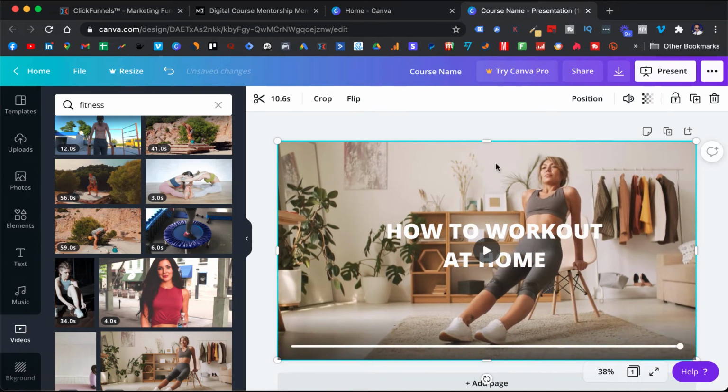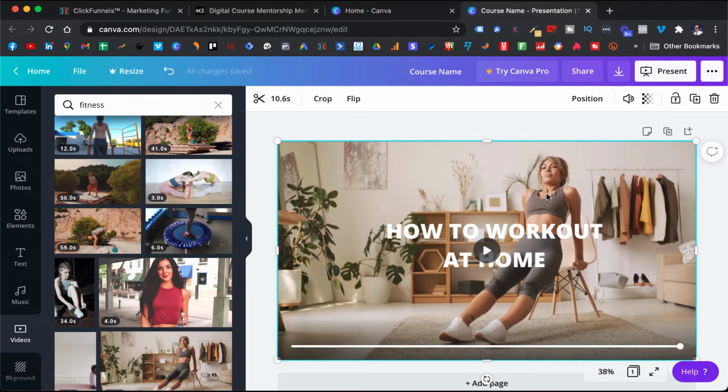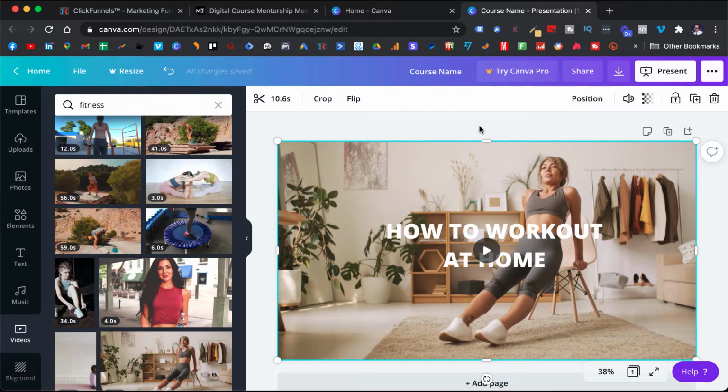When you will be recording Canva, you also want to make sure that you are not recording any pro elements, because those are paid. You would have to start paying for Canva Pro, and keep paying for that as long as it will be live. As long as the digital course will be live and accessible. So